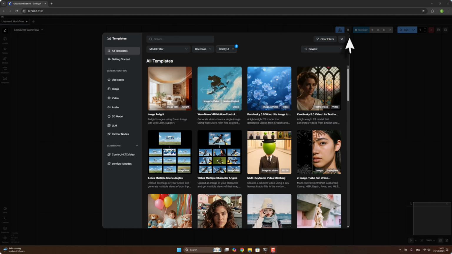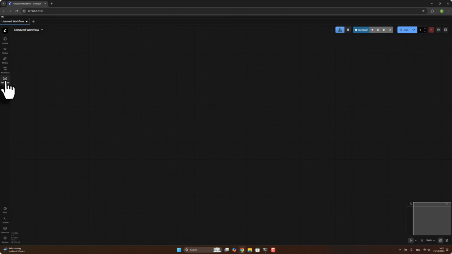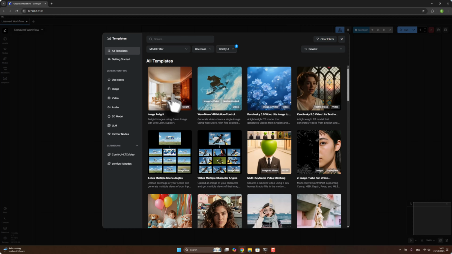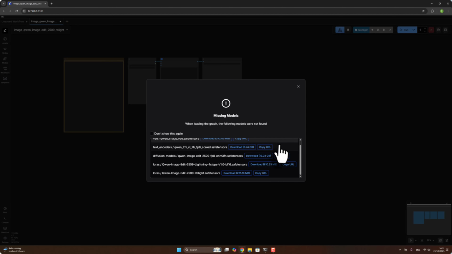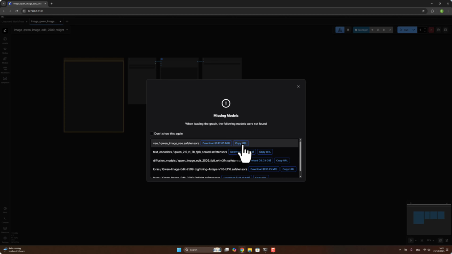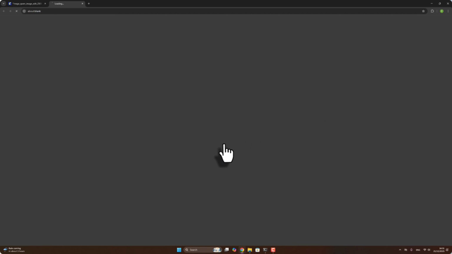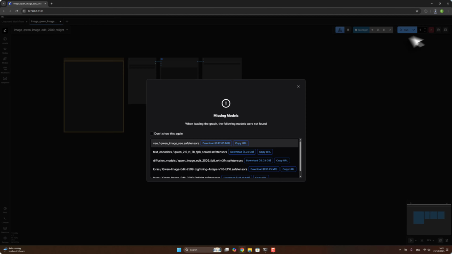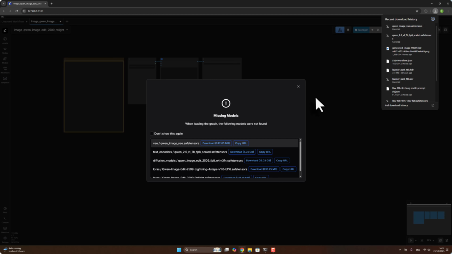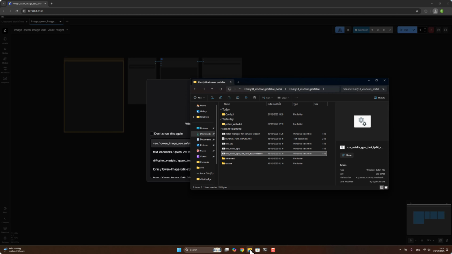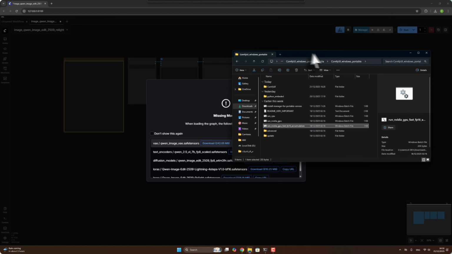Okay, after that, open ComfyUI, go to Template, go right here. For this model and this workflow, you must download all of those files. Click here, copy link, or you can download it here. Download all files one by one. I already downloaded all of these files. Okay. After downloading those files,